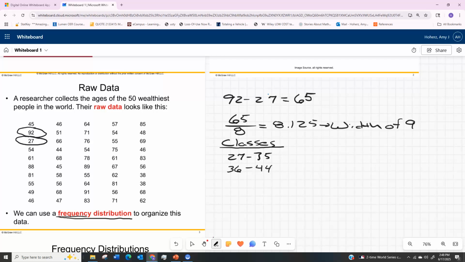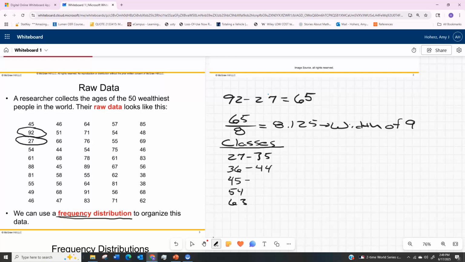So the beginning of this class to the end of this class is 9 numbers, but if you go from 27 to 36, that's 9 away. Okay, and so we stopped at 44, so we're going to pick up at 45. A lot of times what I'll do is I'll do all of the first ones at this point because I'm just adding 9. So 45, 54,